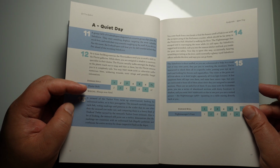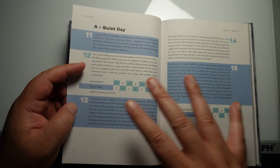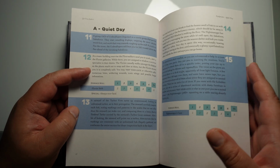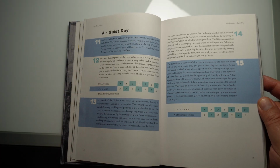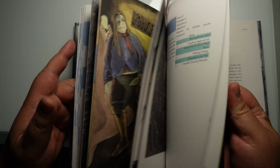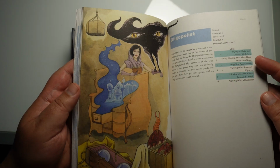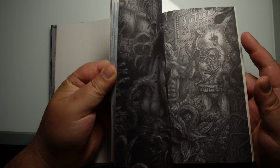Some things to note: they do not indicate in any way which creatures or which characters referred to here are monsters or have stat blocks. So if you see a term you are unfamiliar with, or you see it appearing after a number of so-and-so appears, or a group of such and such, you will want to go and find that creature in the enemies section of the book, which starts on page 64. So from 64